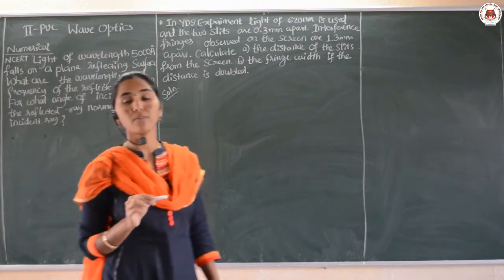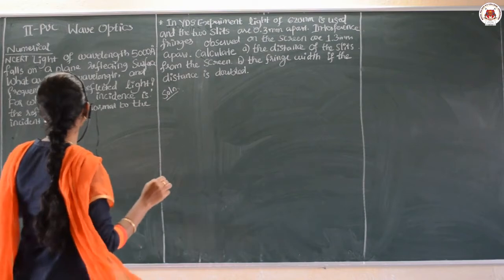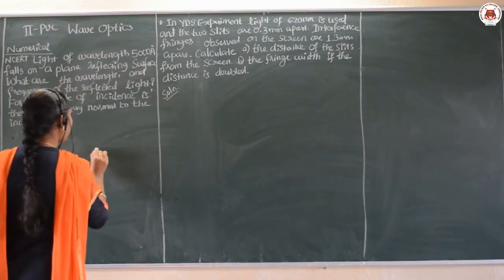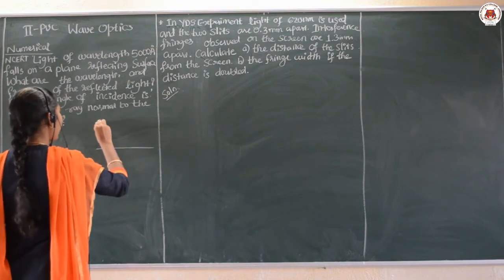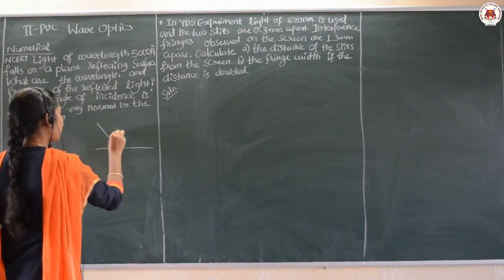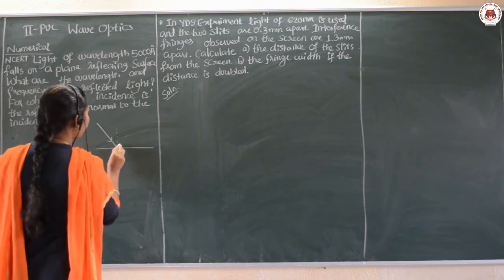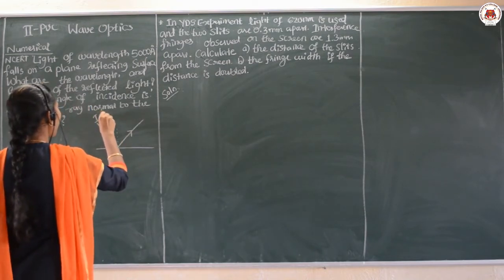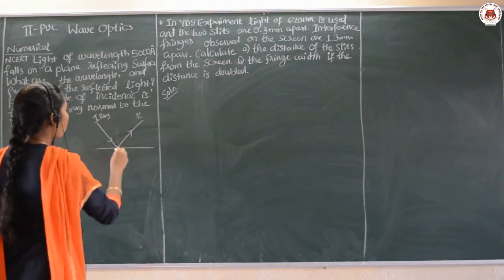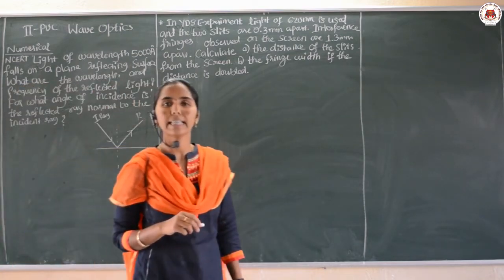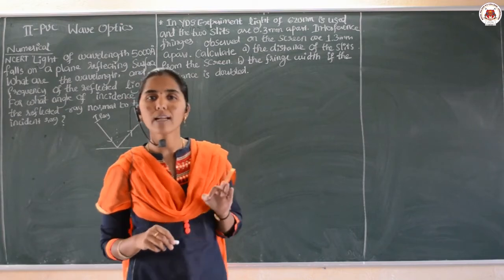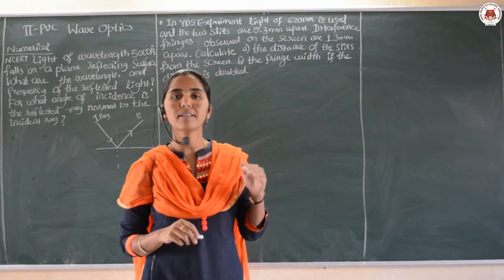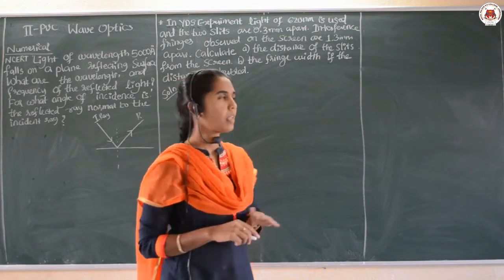So, this is a very beautiful question. Here light undergoes reflection, and there is one reflecting surface. When a ray of light is incident at this point, it undergoes reflection. This is the incident ray and this is the reflected ray. Already we discussed in the previous numerical that if the ray undergoes reflection, the wavelength does not change. It remains the same because the reflection takes place in one medium only.